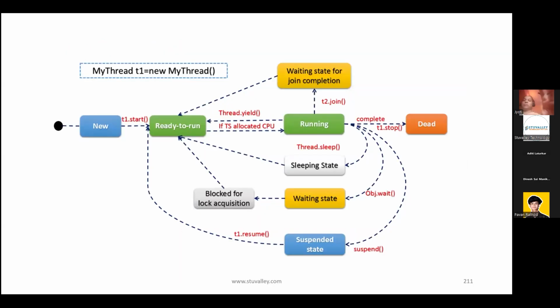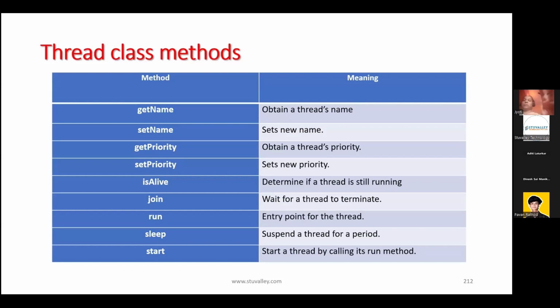Whenever you write a program with multiple threads, or any thread program, the output will always change. It will never be the same, because when we perform operations using multiple threads, the execution depends on which threads the thread scheduler picks up and what the priority of that thread is. Multiple things determine how the thread scheduler will pick up the thread. That's why it will give you different outputs on every execution.